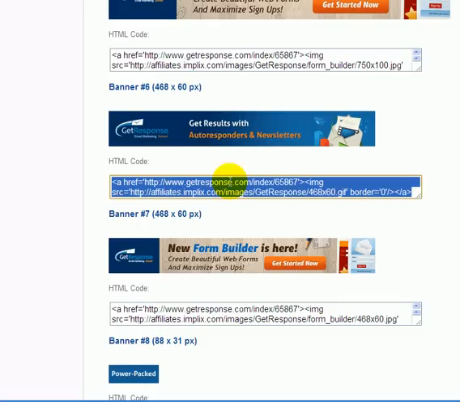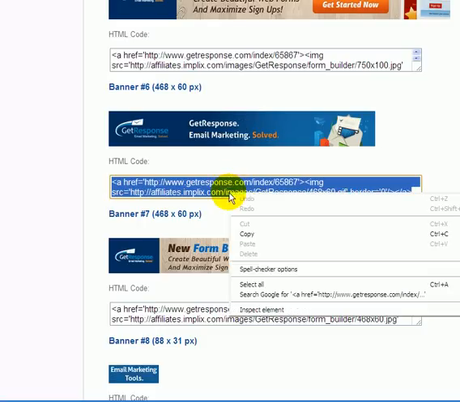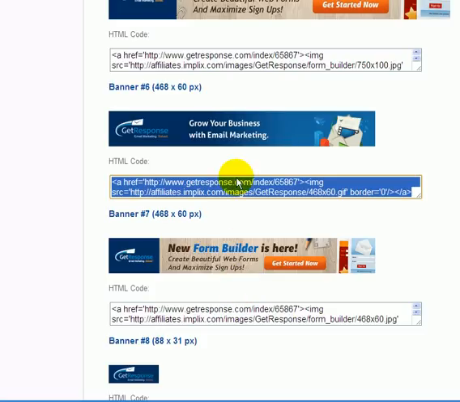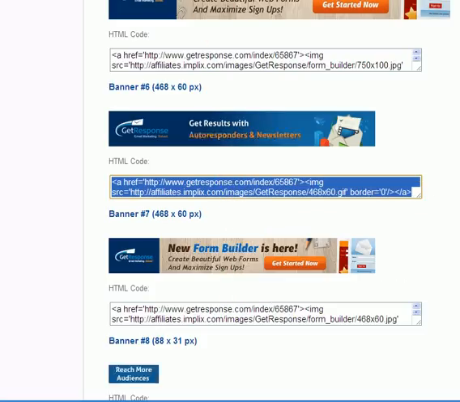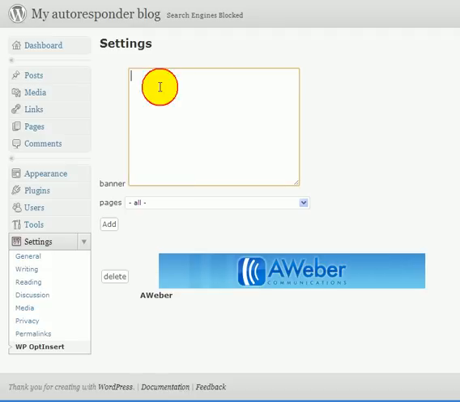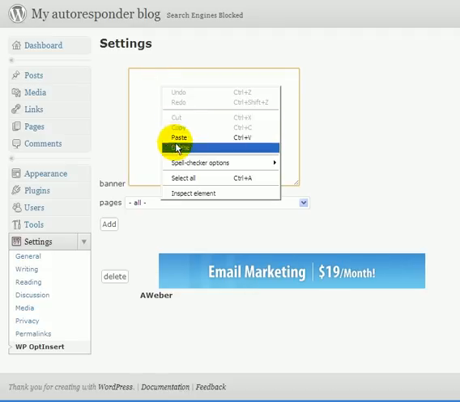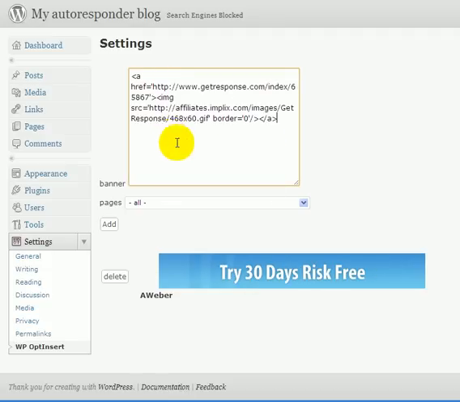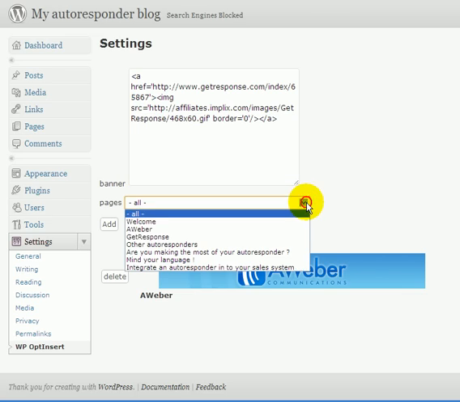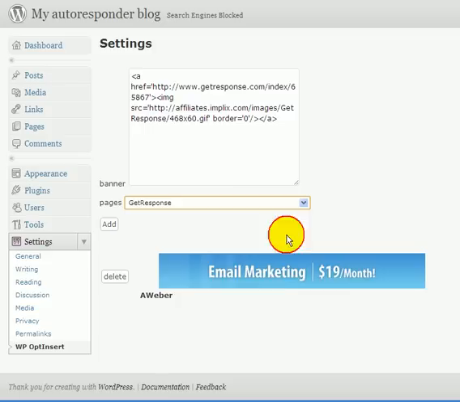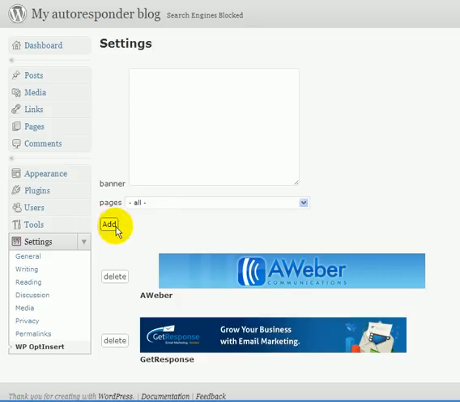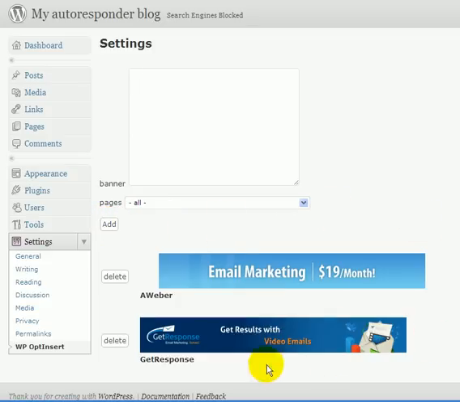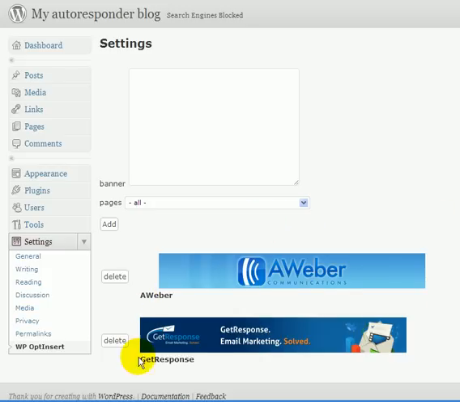Here is a nice looking banner, and I'm going to do the same thing. It seems to have selected all already when I clicked on it, but if I copy this, again that goes to the clipboard, go back to my control page and paste, and of course this time I'm going to choose the page for GetResponse, and I click Add,